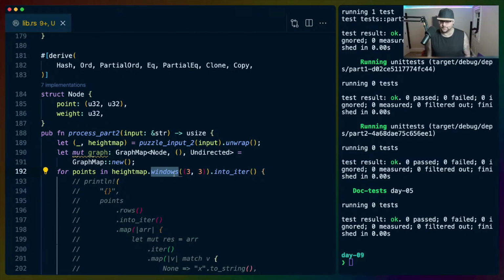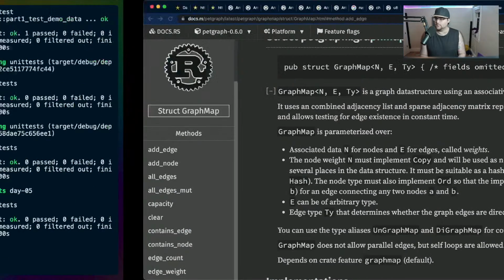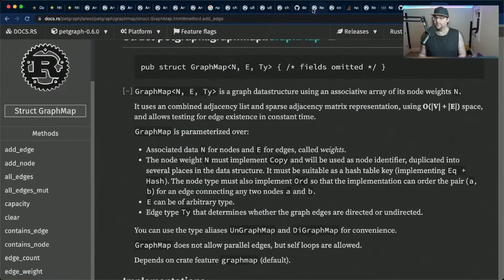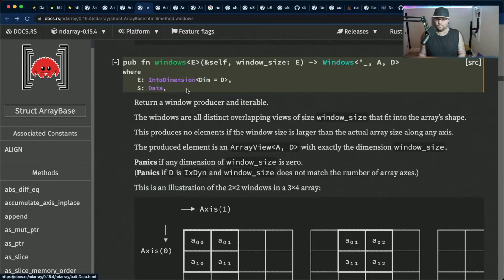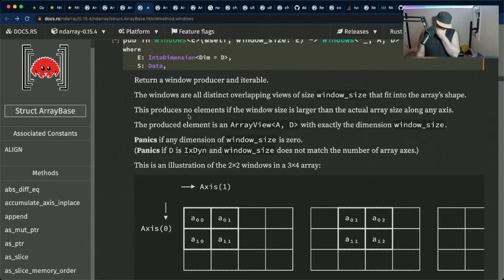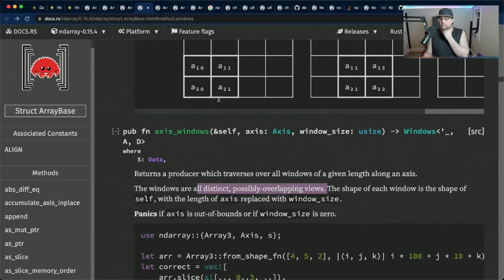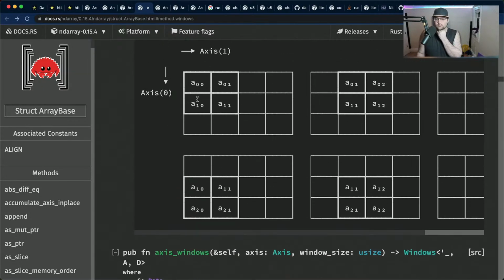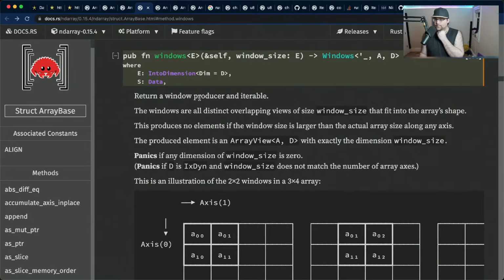So we have windows. Windows gives us the value, right? The question is, if we do an indexed iter on this, then what we get is probably